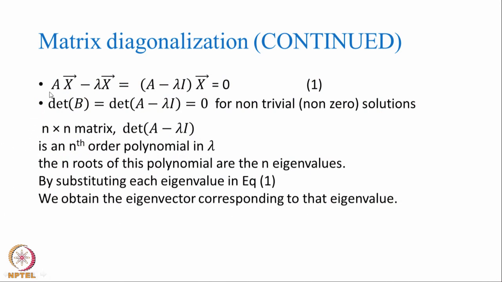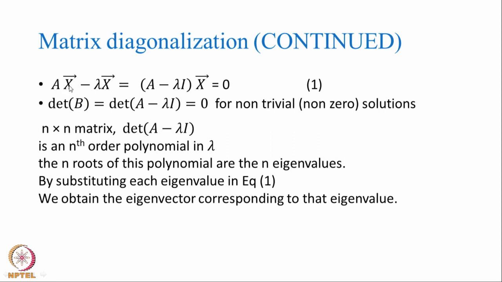What this has is A is a matrix and x is a column vector. So, the matrix A multiplies the column vector and the result of that operation is nothing but lambda times that column vector. The equation is A x = lambda x, or A x - lambda x = 0, that is my equation. This is called an eigenvalue equation. So, what is the meaning of this equation?